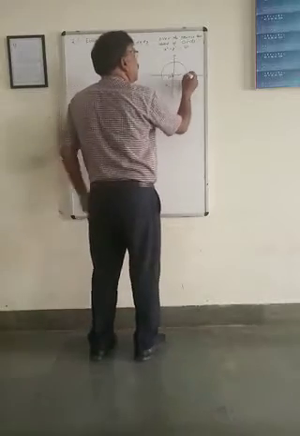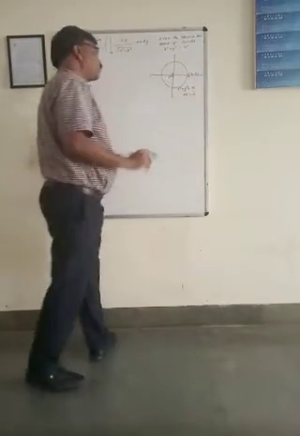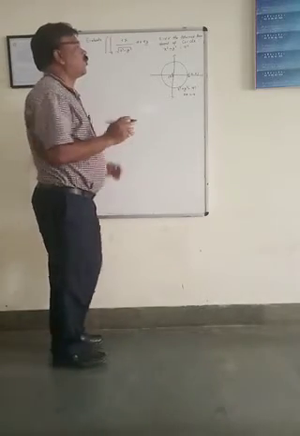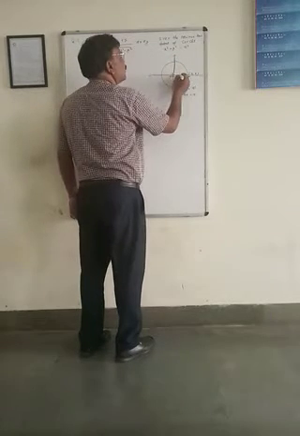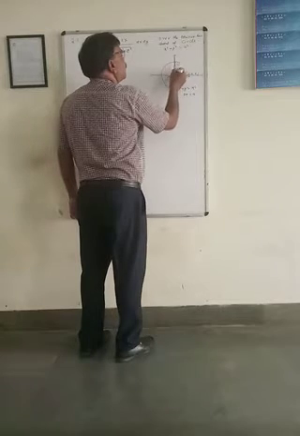So the coordinate of A will be (a, 0). We have to find the area only for the positive quadrant. So the positive quadrant is this. We have to find the area of only this region,